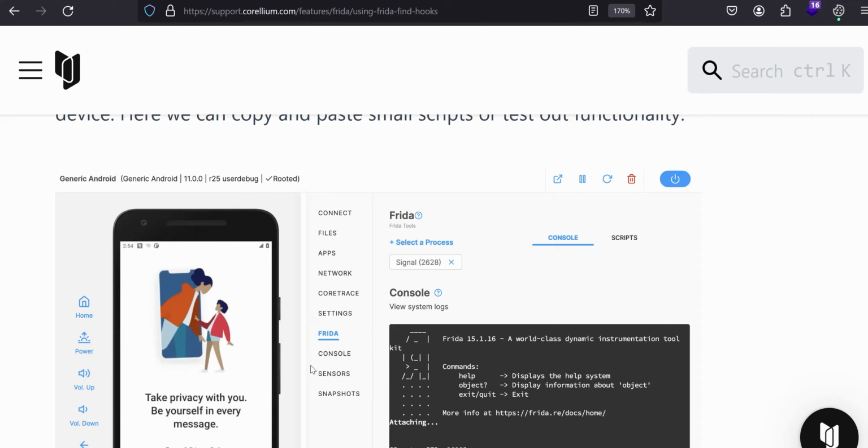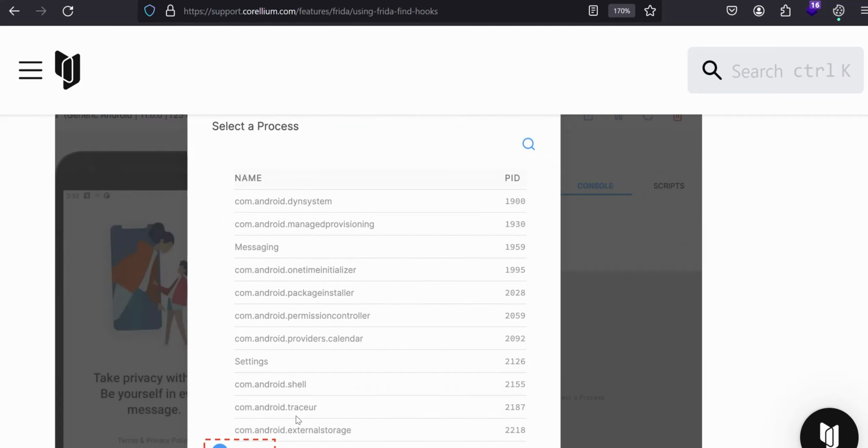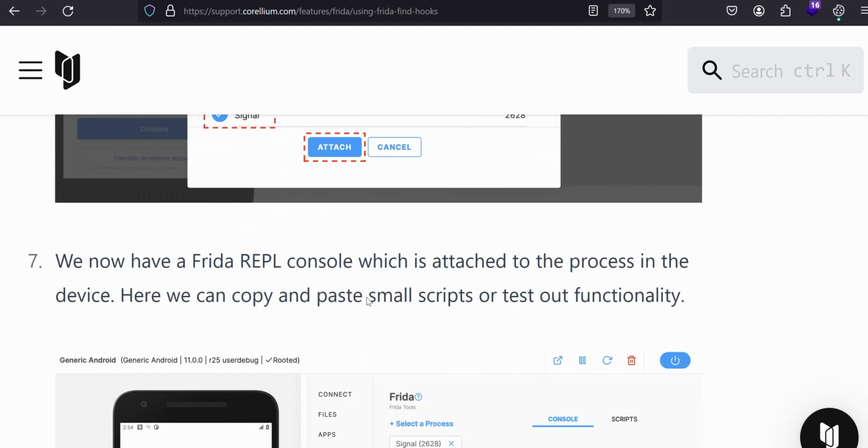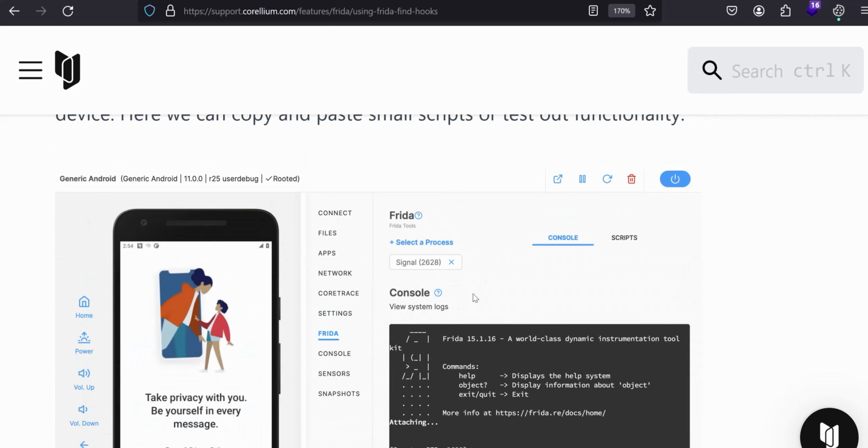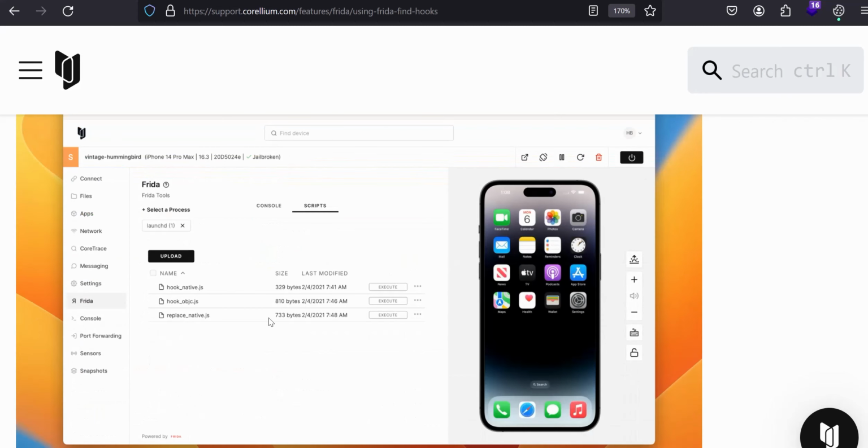But anyway, if you want to use Frida inside Corellium itself, that won't be a big process. It would be very simple. Just go to the Frida console script. Select your target application, then select what script you want. Download it and upload the script. How do you upload? Click upload, then you will be able to upload the required scripts like SSL pinning bypass, root detection bypass, or jailbreak bypass. Whatever scripts you want to upload,